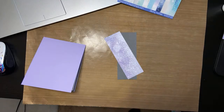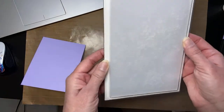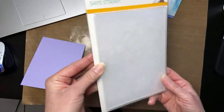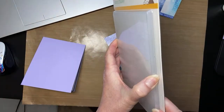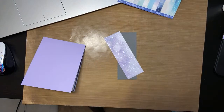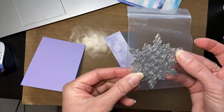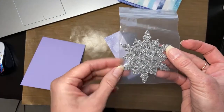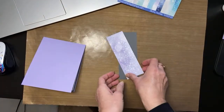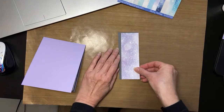This kit also came with this embossing folder that I haven't used yet. This is the Filigree Snowflakes by Simon Says Stamp, and it feels super thick, like a 3D type embossing folder. And it came with a beautiful snowflake die. This snowflake die is pretty awesome. We're going to use that in a minute. Okay, but for now,